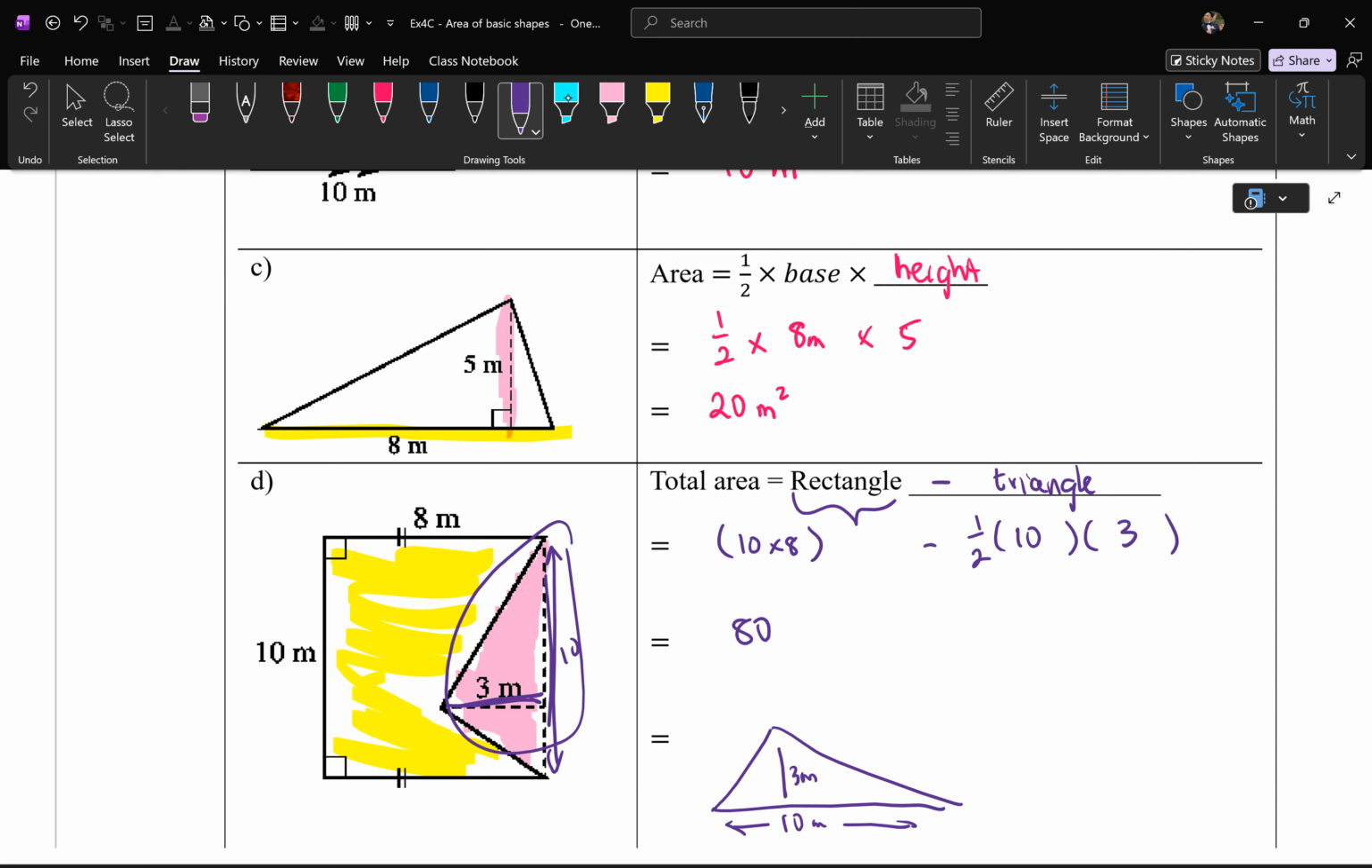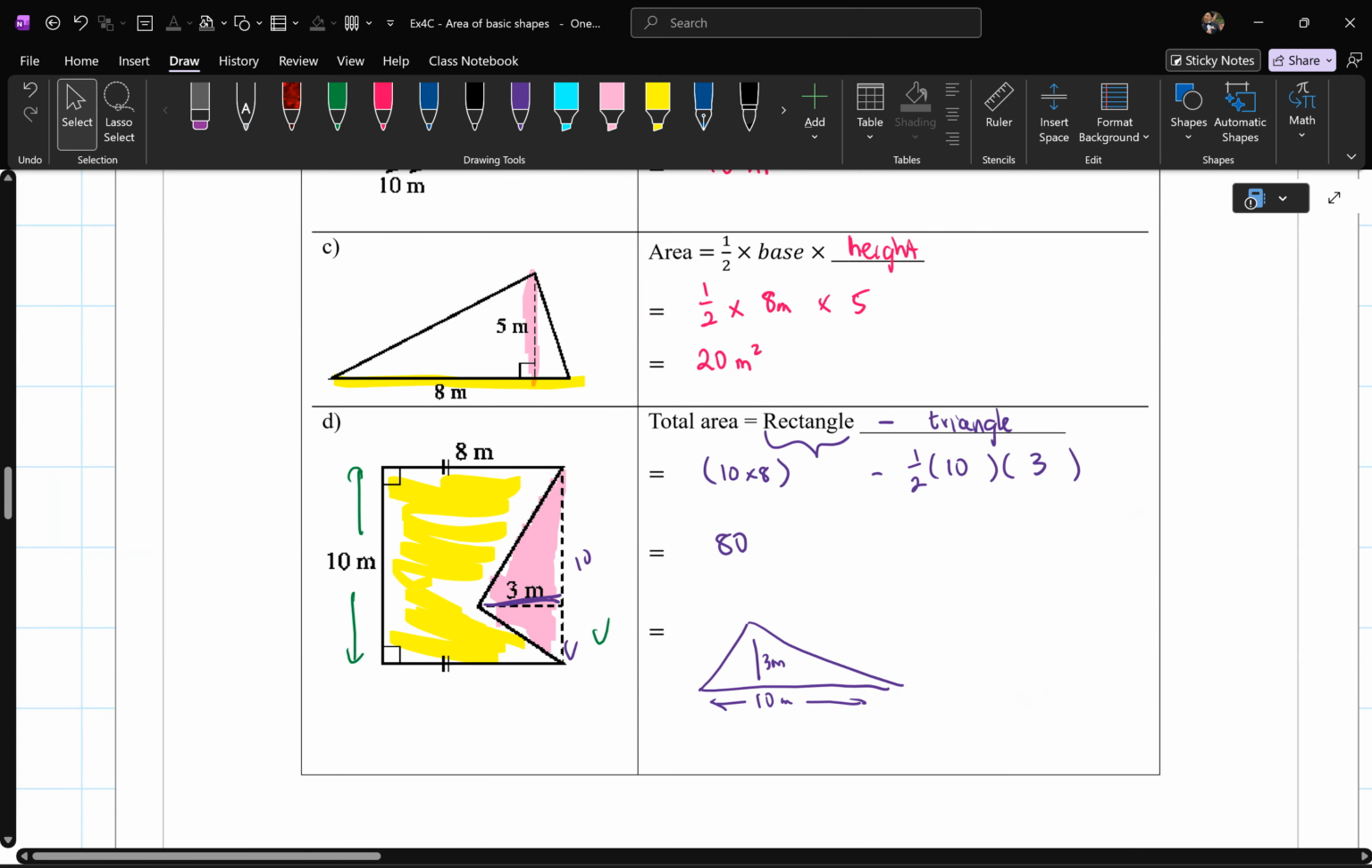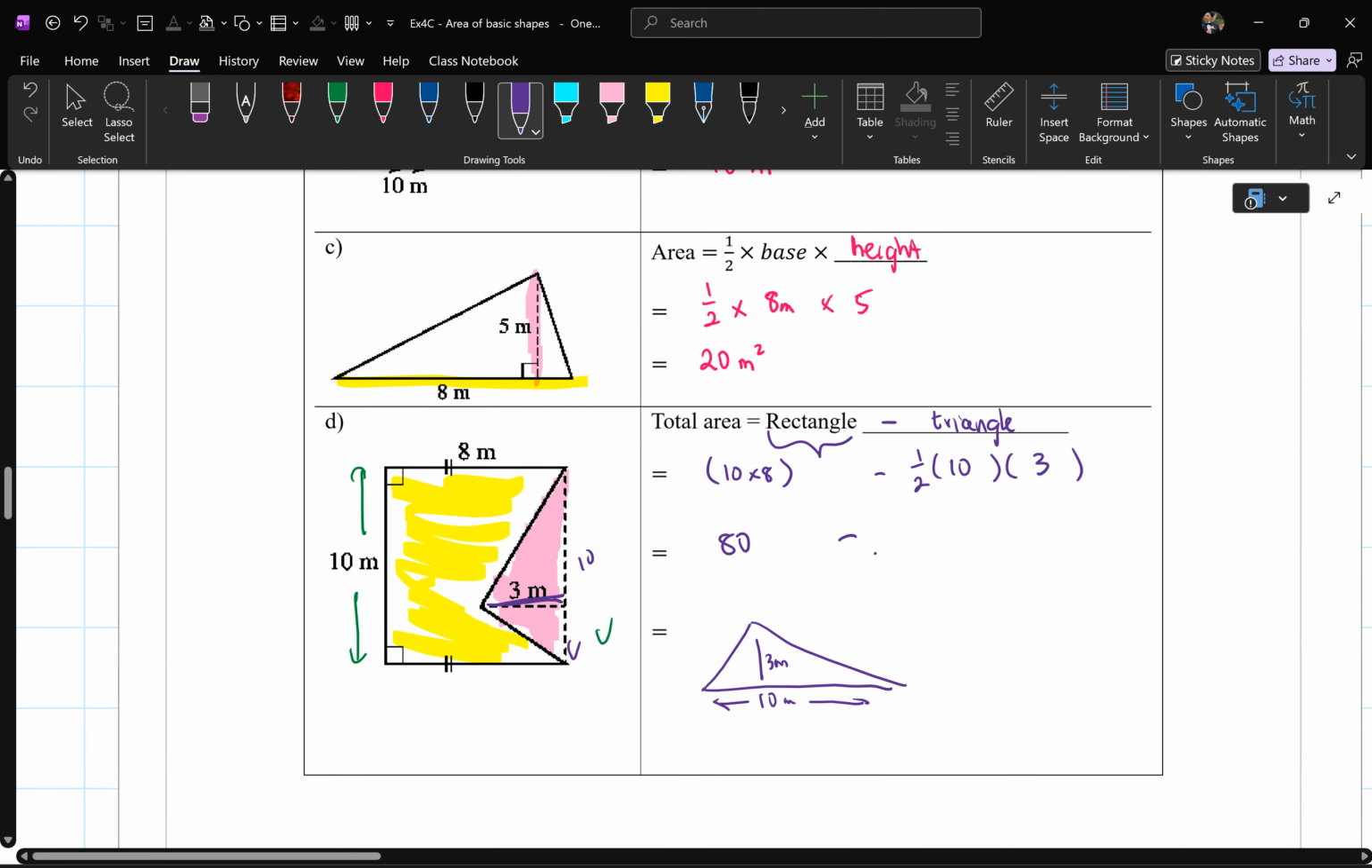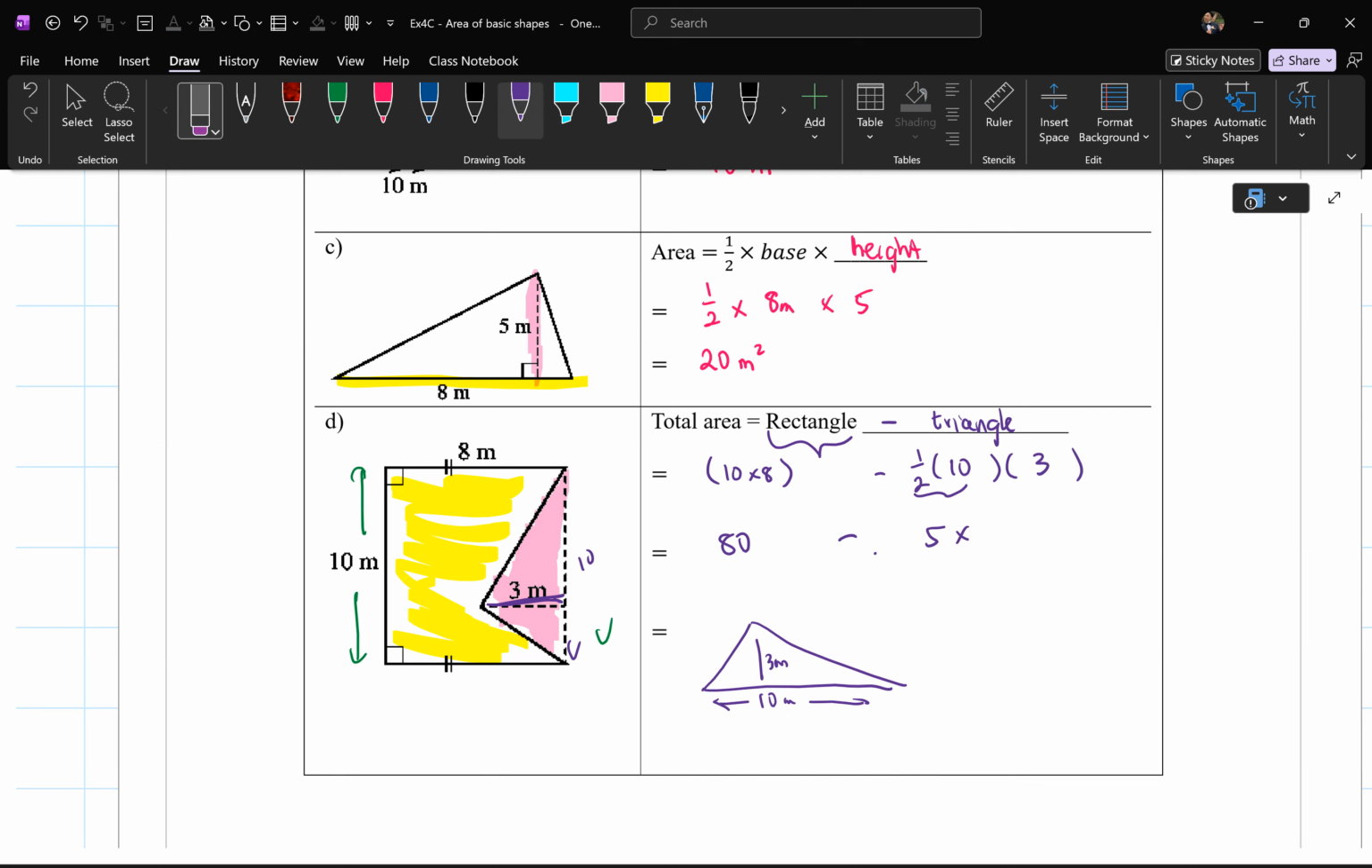How do we know it's 10? If this side is 10, this side must be 10. Okay, so it's just a bit of problem-solving analysis. That's what this whole chapter is about. So let's put it together. We get minus half of 10 is 5. 5 times 3 is 15. So really it's 80 minus 15. And 80 minus 15 gives you